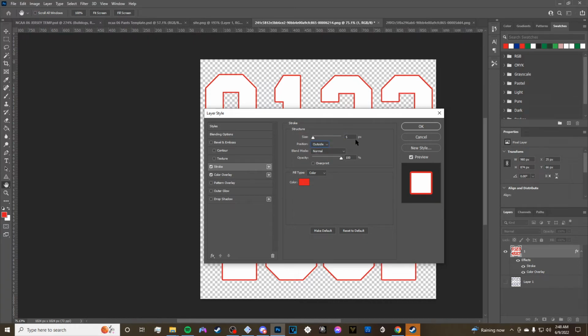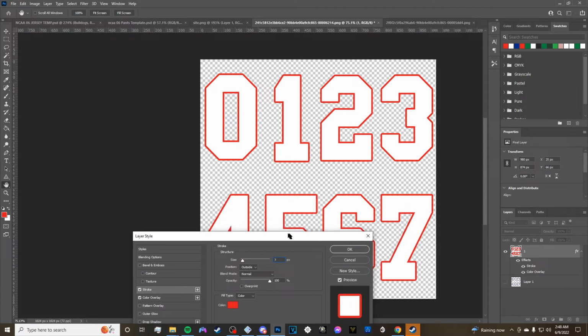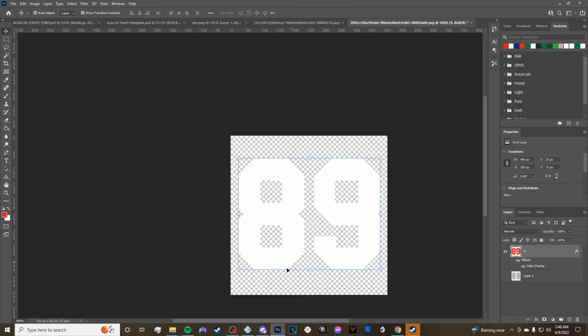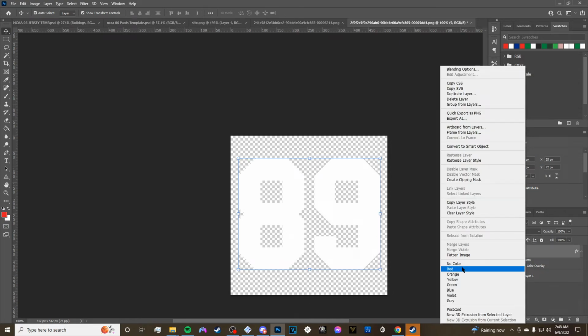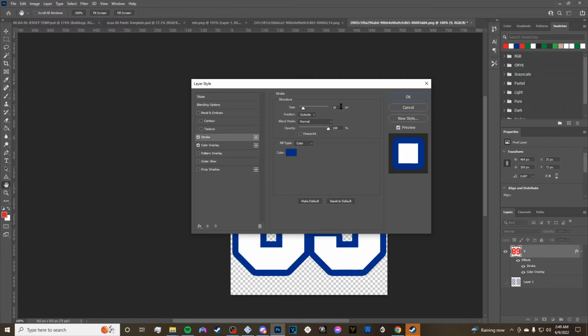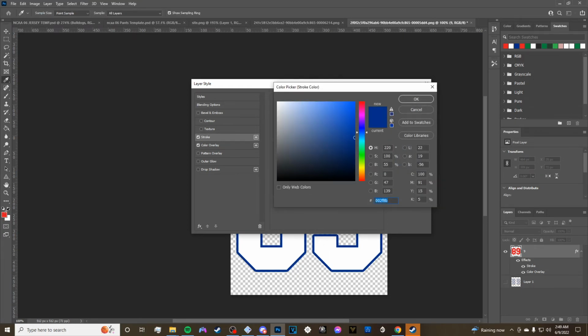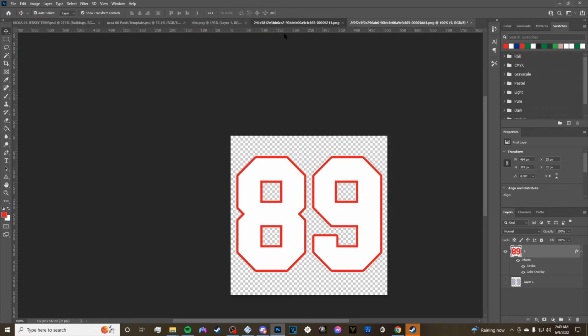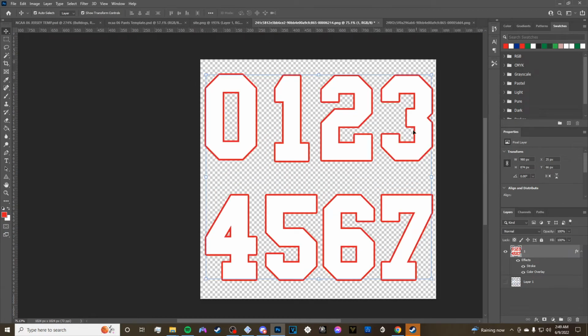Go on the outside here, we're on the outside, so we can do a little bit more. We can do 7. 7 looks good. 7 looks perfect, so we're going to do 7 here. And once again, it's going to remember what you did the last time you chose that layer. So what you're going to do here, you're going to go to blending options, go to stroke, 7, make it red, and then boom, you got nice letters here, nice big and bold,